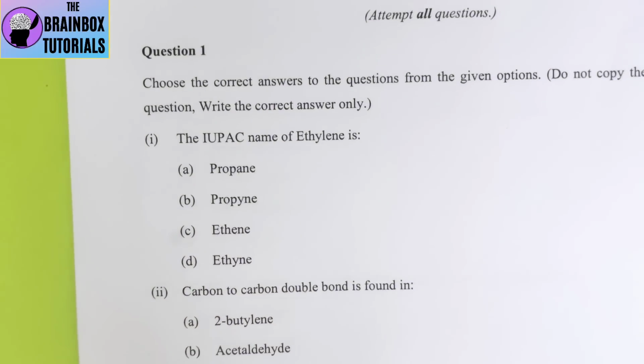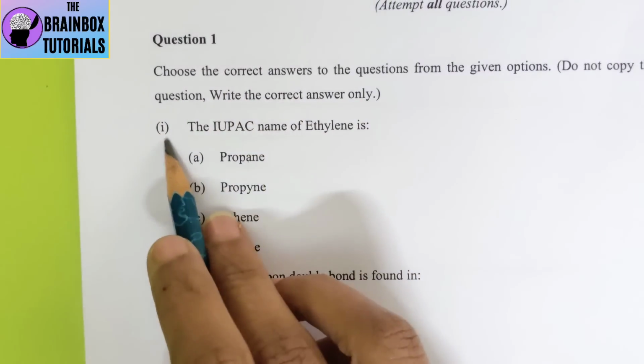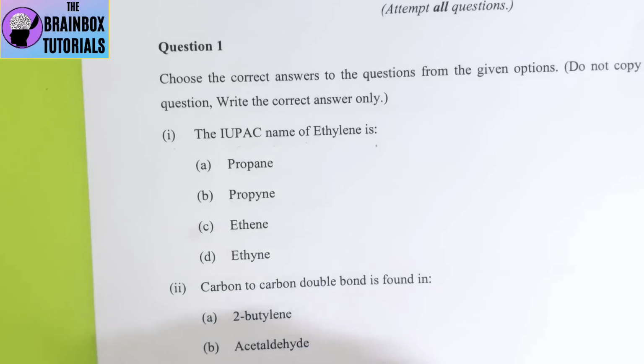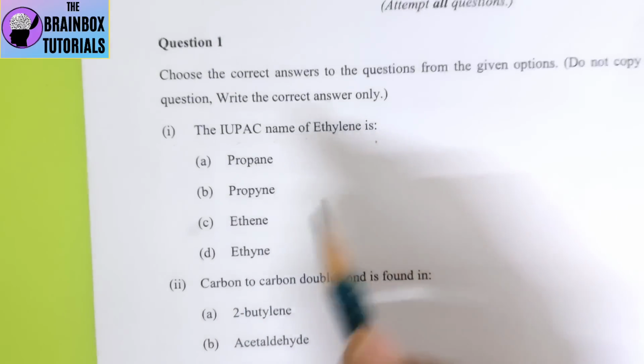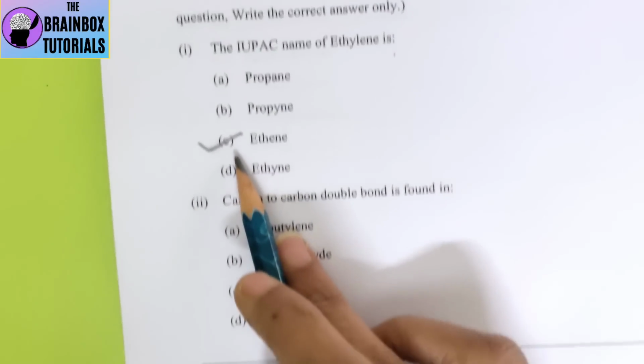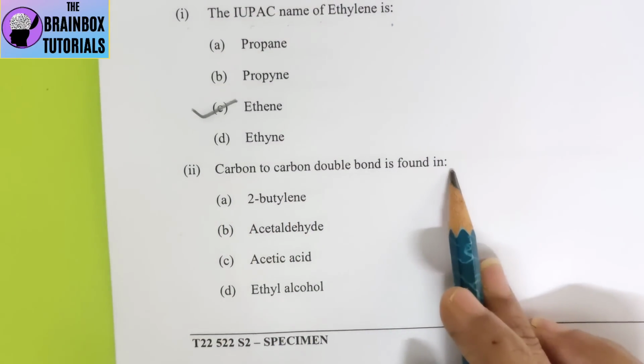Let's start with section A. This is multiple choice questions. So question number 1, part 1. The IUPAC name of ethylene is, guys, the IUPAC name of ethylene is ethene. So option C is correct. Now number 2, carbon to carbon double bond is found in,